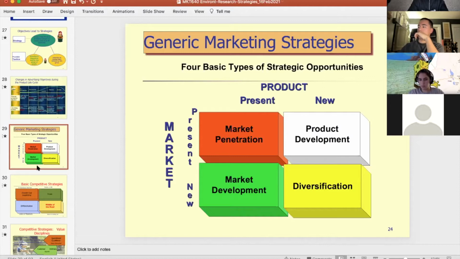It's too different. So there is no strict definition of what's a new product development, but there's just a common sense that says how much have you changed. If it's significant, it's product development. If it's small, not that significant, it's just a product line extension. So product line extension as just a small variation can still be considered market penetration.